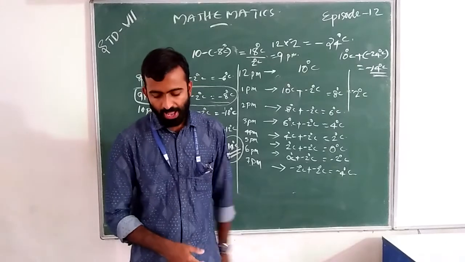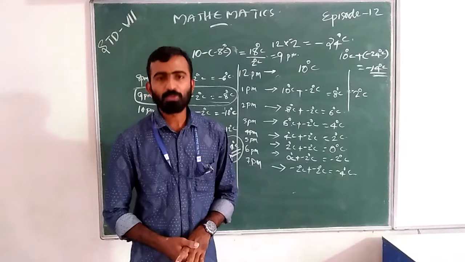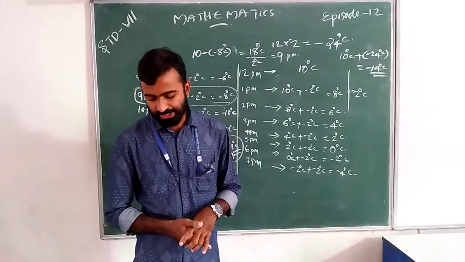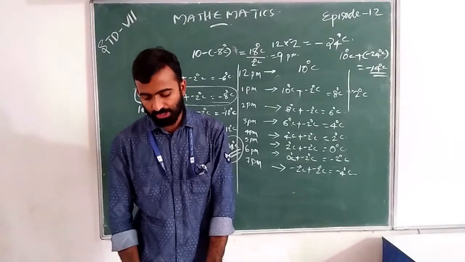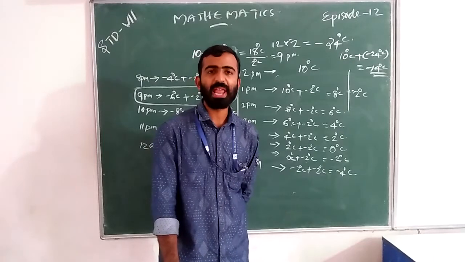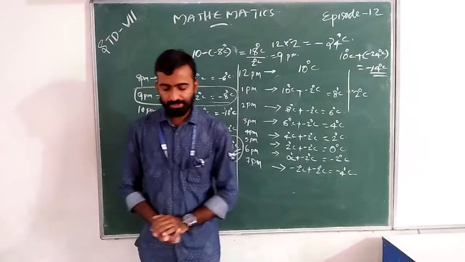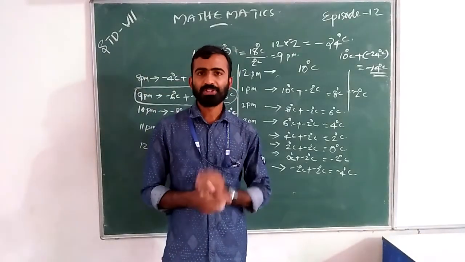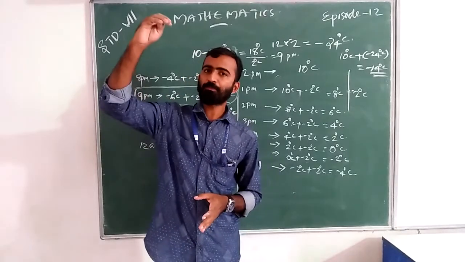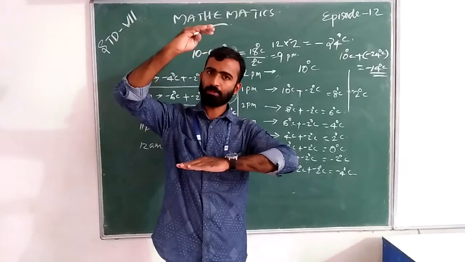I repeat, an elevator descends into a mine shaft at the rate of 6 meters per minute. If the descent starts from 10 meters above the ground level, how long will it take to reach negative 350 meters? Okay, we can start. That is, the shaft is starting from 10 meters upward from ground level. This is our ground, and 10 meters is upward from ground level.